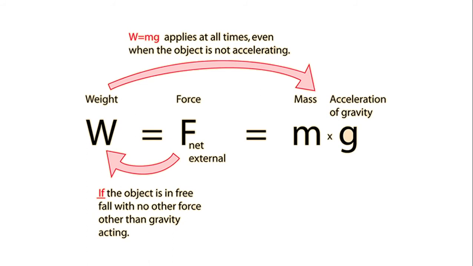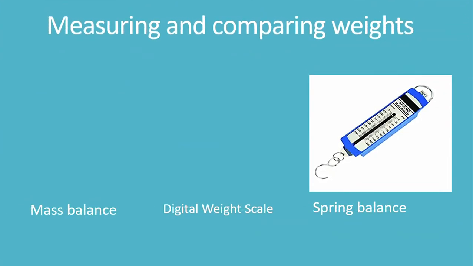We are going to discuss in later chapters how this can get different when an object is in free fall and there is some consideration for air resistance or other forces. But till we don't consider it, you need to know that when an object is in free fall, the force acting on it is also weight. That is the force that is pulling it downwards, the reason why it's accelerating downwards is that force.